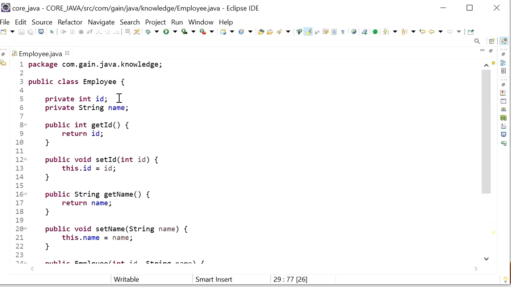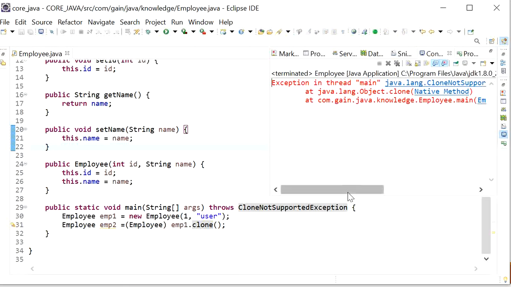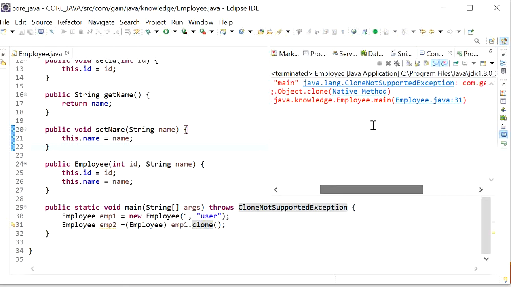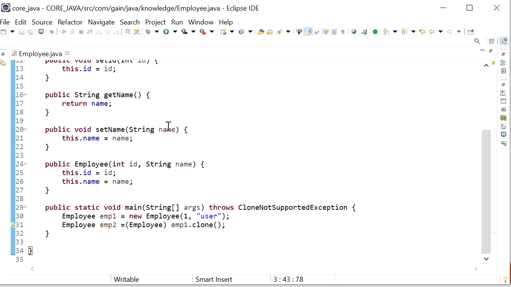We have not implemented it, and if I try to run this class, it will throw the exception, as we can see here, CloneNotSupportedException is thrown. So we must implement the Cloneable interface if we want to make a copy of the object. Here I will implement the Cloneable interface, and now it will not throw any exception.